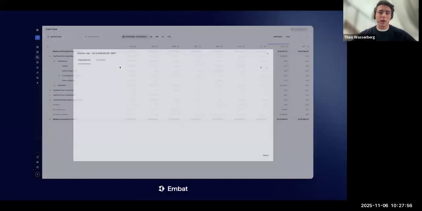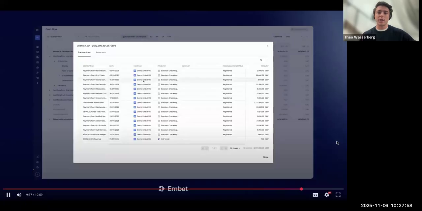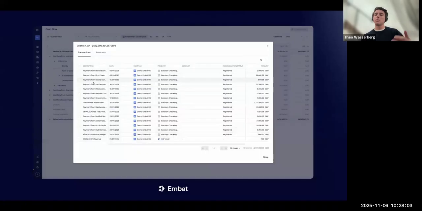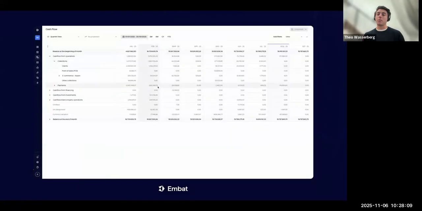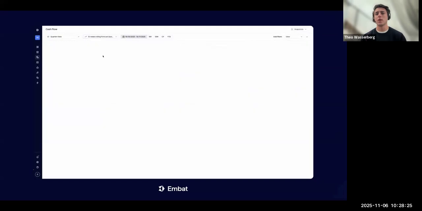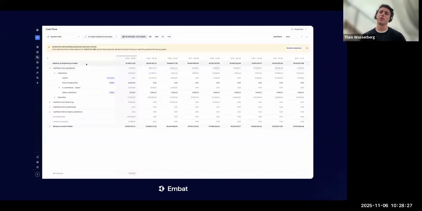And here, this is a historical cash flow statement. And if I drill down into any cell on the cash flow statement, I can see all of the transactions that make up that cell. And that's hugely valuable because it allows you to automate that process. It's obviously very manual. And there's a lot of value that I think our customers take from this. And we often get requests, particularly from companies that are being asked to do more cash flow and liquidity reporting. But the real value is, of course, you can forecast this forwards.